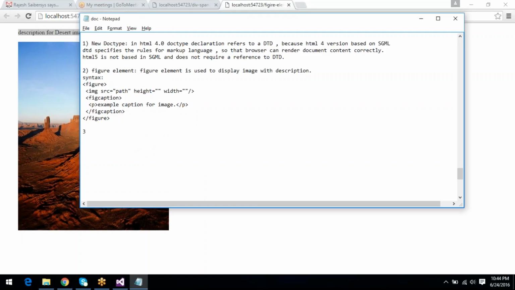And the third feature is no more types for scripts and links. No more types for scripts and links. So in our old versions, HTML4 versions, up to the 4 version, in old HTML versions,